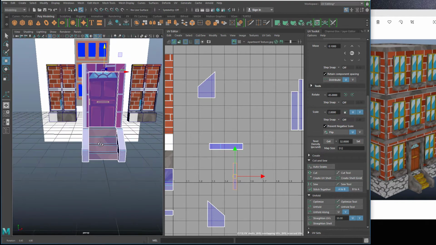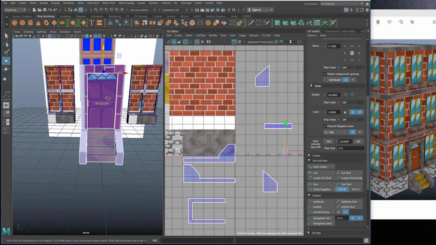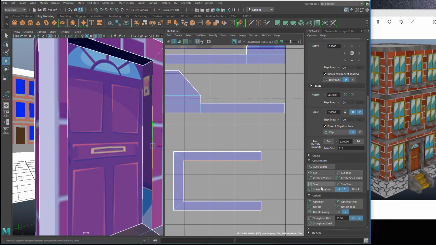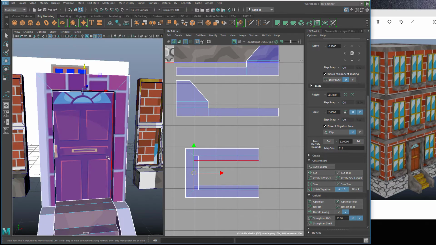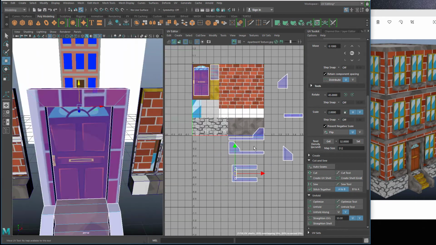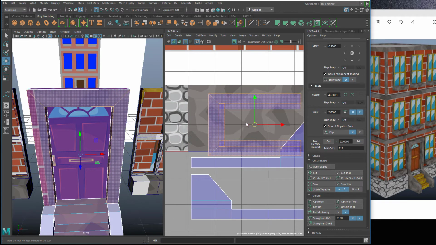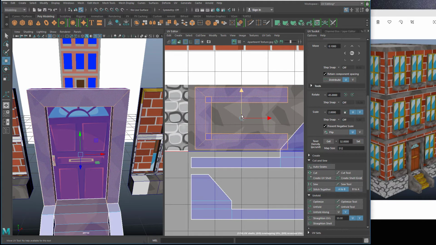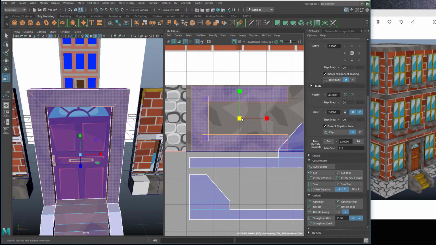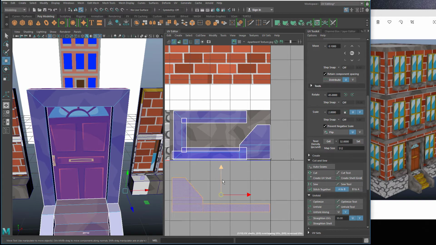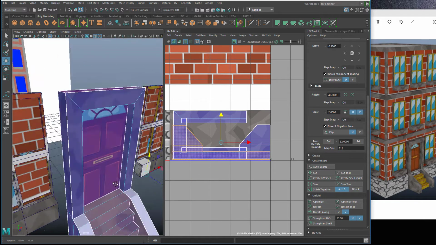Just kind of layer these on top of each other because they all should be the same fits. Inside the door frame, to keep it continuous, I'll go ahead and stitch those areas. Don't have to worry about the overlap here. You're never really gonna see it, and this is such a low res texture that should work out okay in that top corner. So fit the frame back into the texture area, pull the sides in,